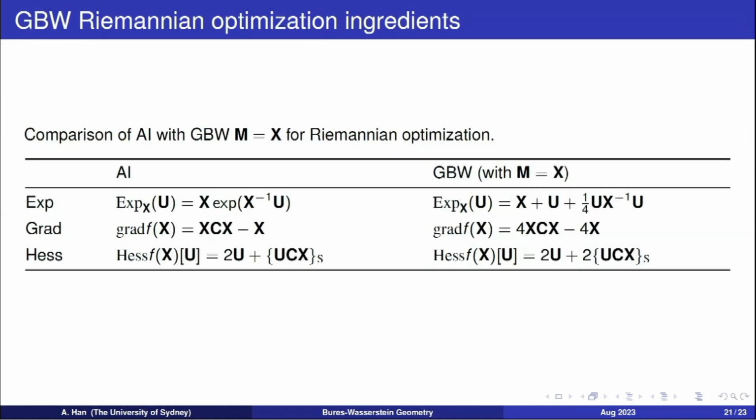Okay. And in particular, the GBW geometry is flexible in terms of the choice of M that parameterizes the metric. So in the special case, when M is equal to X, we can see the expressions of the Riemannian gradient and the Hessian coincide with the two metrics, especially coincide with the affine invariant metric up to some constants. So, and also we see the expression of the exponential map of GBW is in fact a second order approximation to the exponential map of the affine invariant metric. So this suggests that GBW locally coincides with AI geometry for the purpose of Riemannian optimization, and this can be corroborated